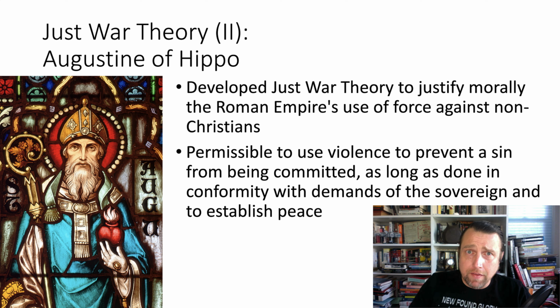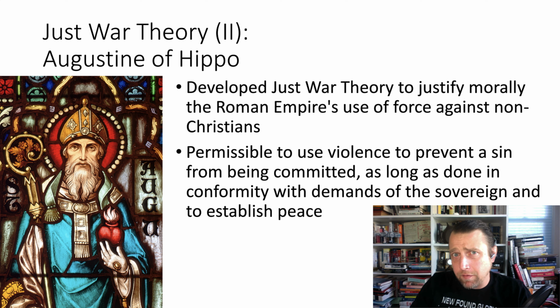Now, Augustine wrote in the early 5th century, about a century after the Roman Emperor Constantine converted to Christianity and thus made the empire effectively a Christian one. After the pagan Visigoths invaded and sacked Rome in 410 AD, a traumatic event for the Romans, it was clear that both Rome and Christianity would have to fight to survive. Rome, after all, was an empire built on military might. But then how do you square the necessity of war with the Christian injunction to do no harm, right? That thou shalt not kill.